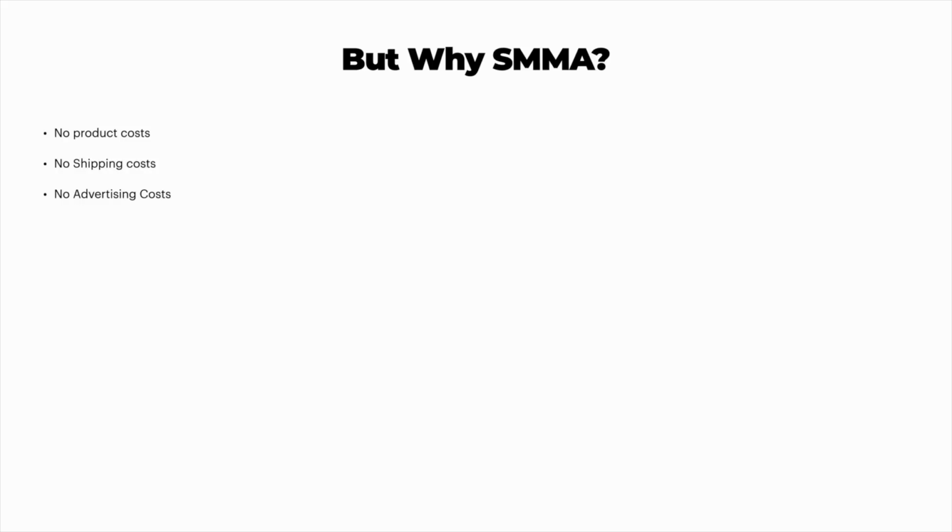So if you were to do drop shipping, for example, you definitely have to think about shipping costs and product costs. You don't have to build the products yourself if you're outsourcing them, so with e-commerce dropshipping you don't have to worry about product costs as much, because you're importing those from China. But product costs are still slightly a thing in e-commerce dropshipping, because when a customer buys your product, you have to pay for those products. For Amazon FBA, of course, you have to pay for your products and order them in bulk.